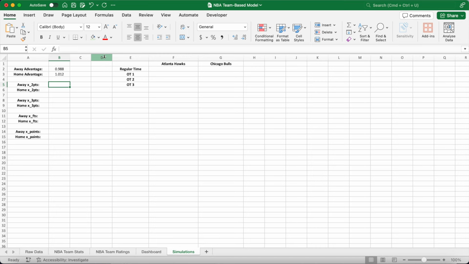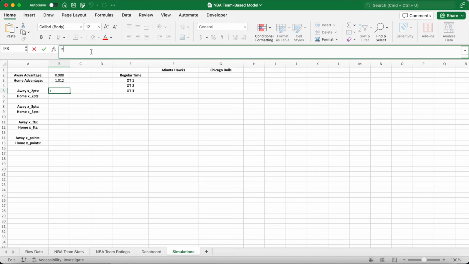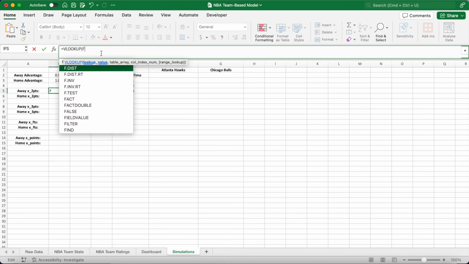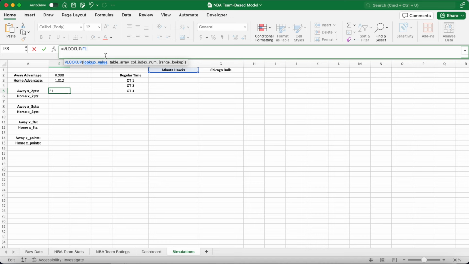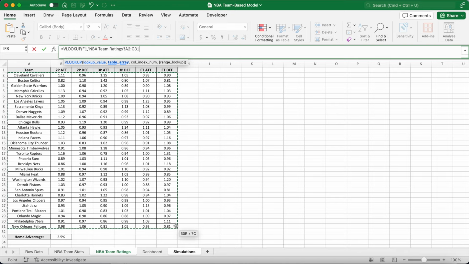And I can solve that with an XLOOKUP function or a VLOOKUP function if you're using an older version of Excel. So that's equal to VLOOKUP, open bracket. My lookup value will be the away side because I'm finding the away expected 2 points. And I'm looking up F1 in the table array A2 to G31. So I'm matching the Atlanta Hawks, wherever they are in A2 to A31, to their attacking 2-point rating in column